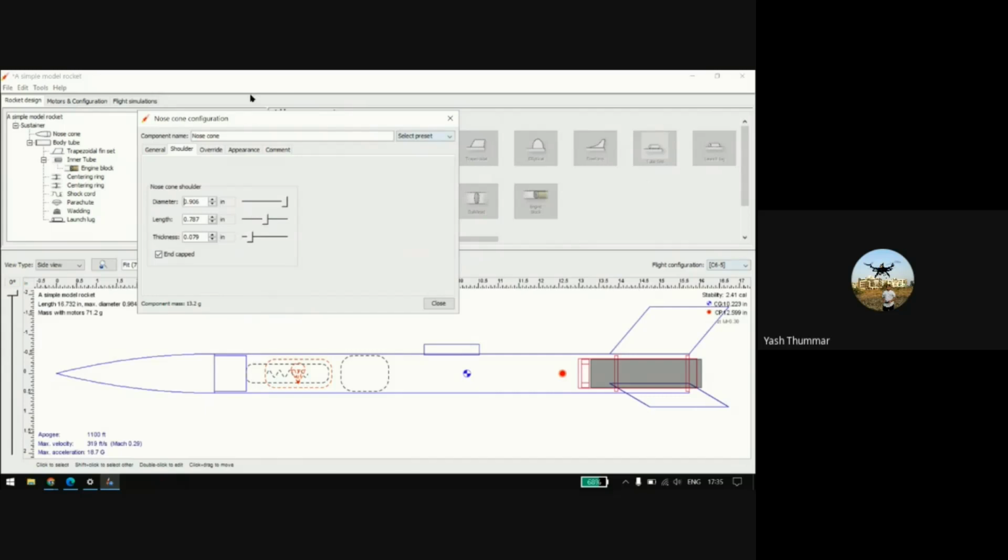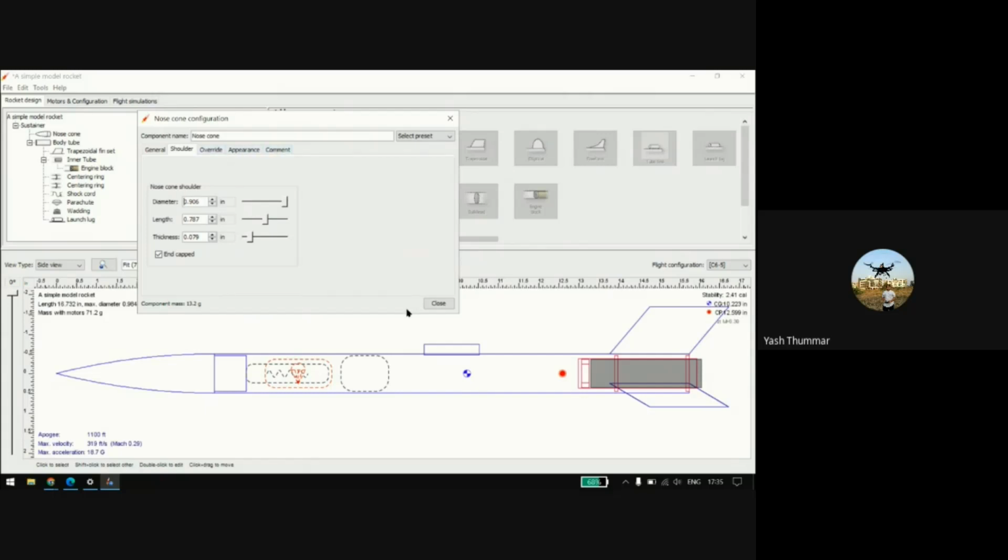After you run the simulation once, if you find something you want to increase or decrease, you may do that. The same goes for the thickness: it depends on the inner diameter or thickness, and it will vary. There is no need to go into override or appearance.